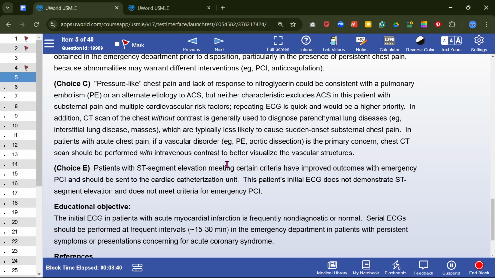So if the finding is negative, you will do serial ECG and troponin. You will not just send the patient home; you will make the patient wait in the emergency room for doing ECG again. You will tell the patient we will do ECG 10 minutes, 20 minutes later, and you will do another ECG. If that ECG and troponin are again negative, then a non-invasive test should be done.